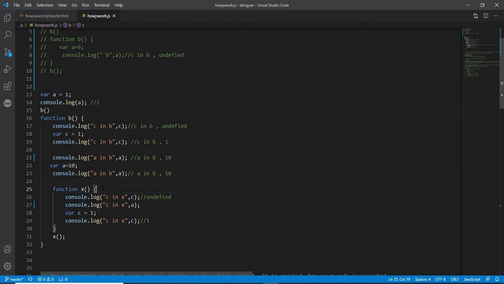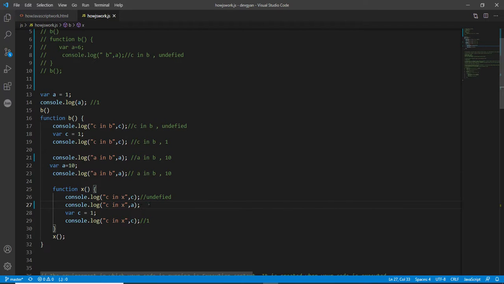But for lexical scope, you can notice here that the A value will come from the lexical scope, from the surrounding environment or from its parent. So it will not be a reference error, and it will also not be undefined. The A value will be 10, because at the parent, at the surrounding state, or you can say the lexical scope, the A value is 10. This is also known as closure.